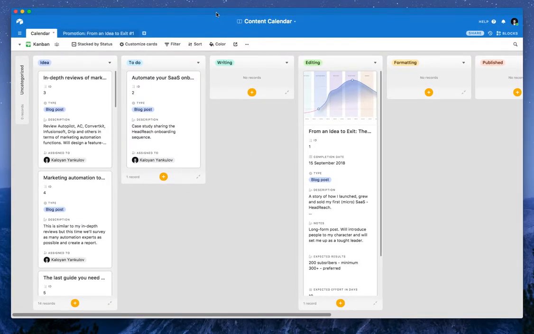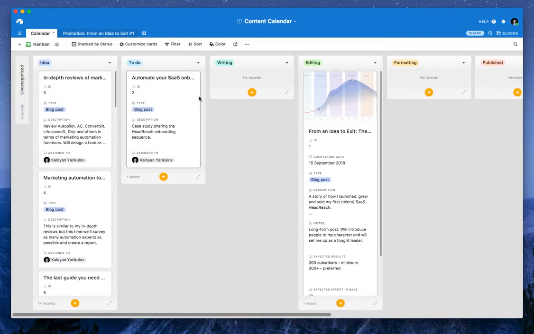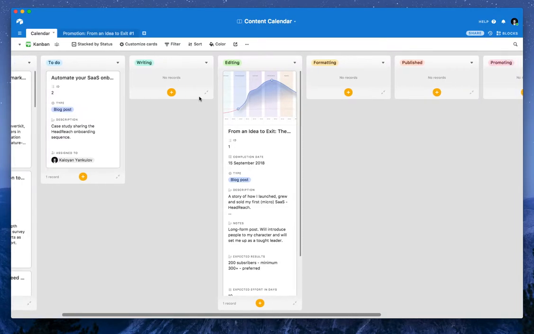What I have opened here is my content calendar, and this is basically where all the content organization magic happens. This is the process I use to manage, publish and promote posts with hundreds of shares and thousands